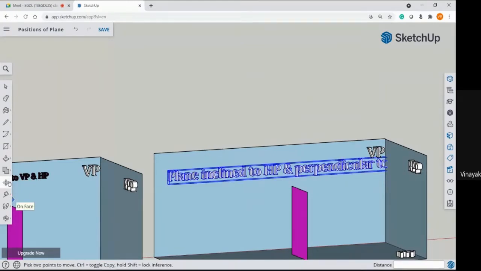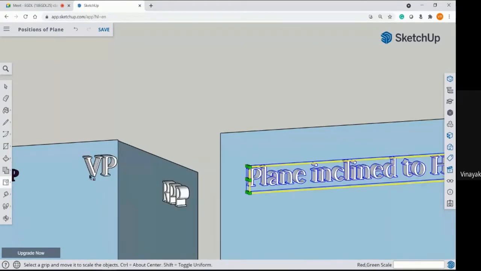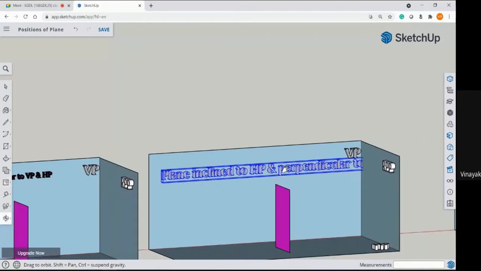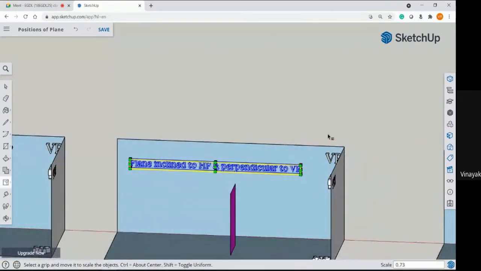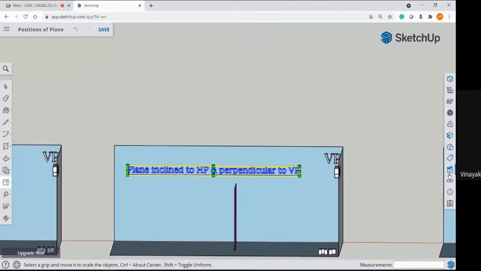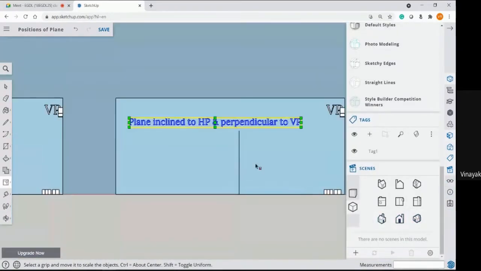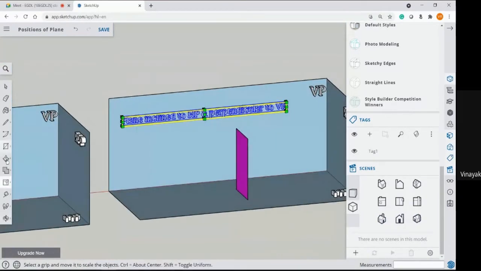Let me scale it down using the scale option. Okay, fine. Let me move on to the front view. Now what I'll do is use my move command and move this a little up.